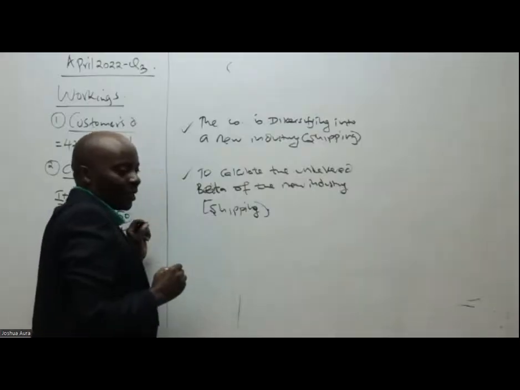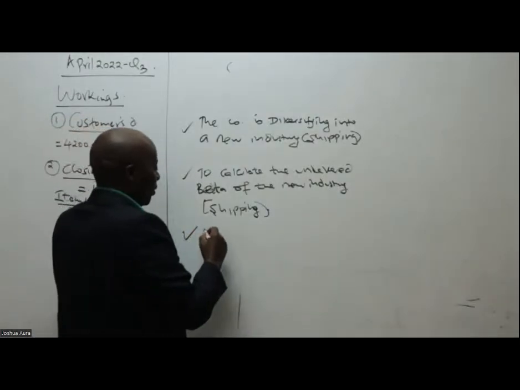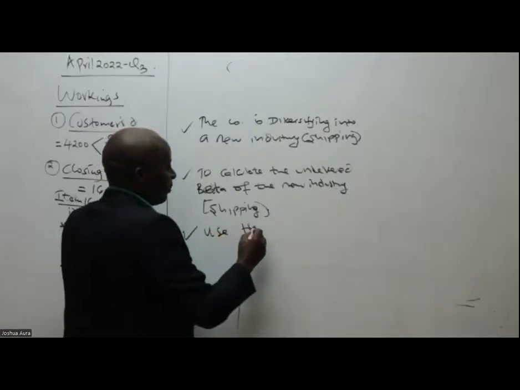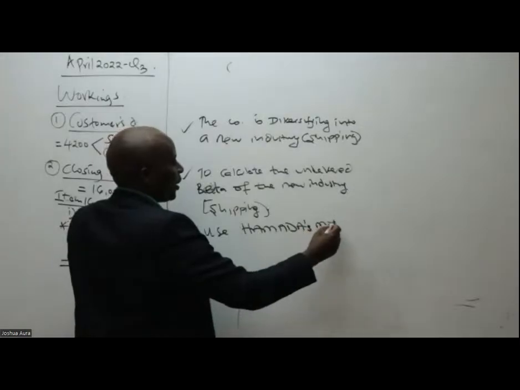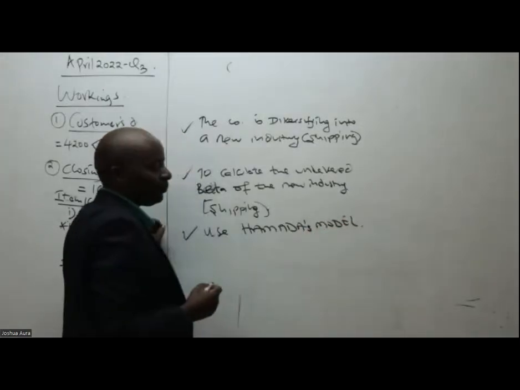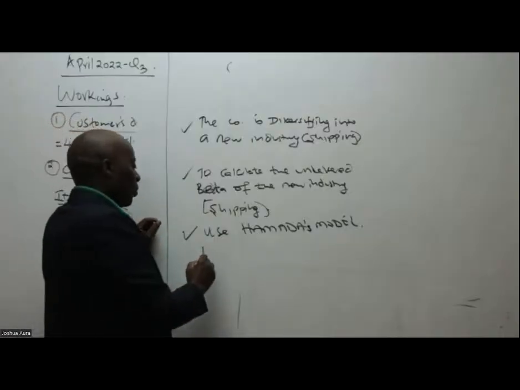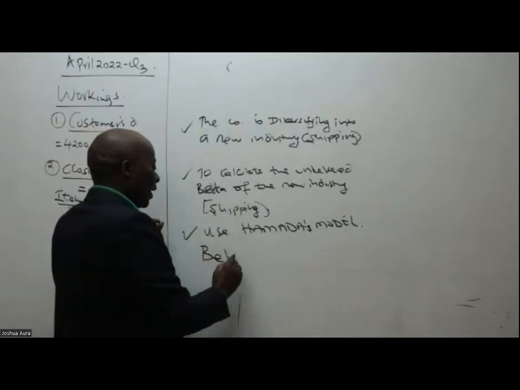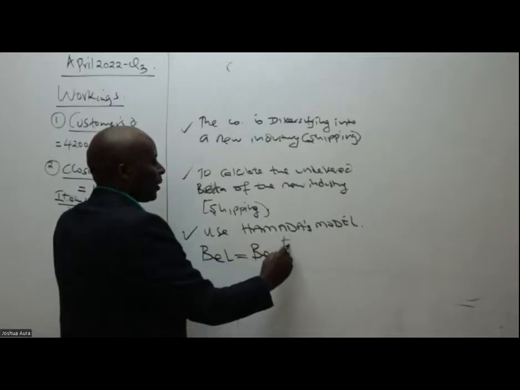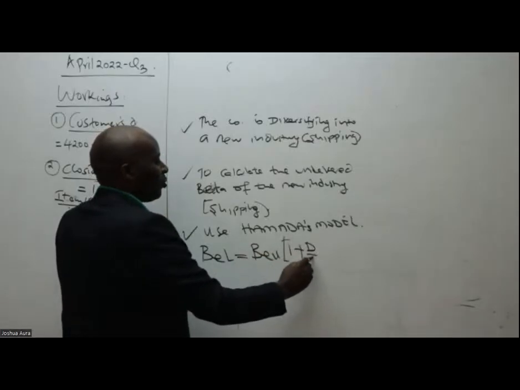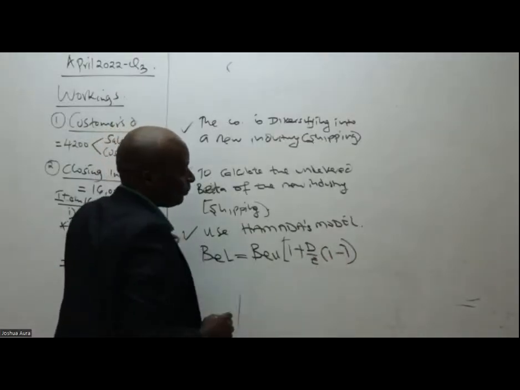Great. Which model do we use? Use Hamada's model. And if you remember Hamada's model, we have beta equity of a levered firm equals beta equity of an unlevered firm times 1 plus debt over equity,